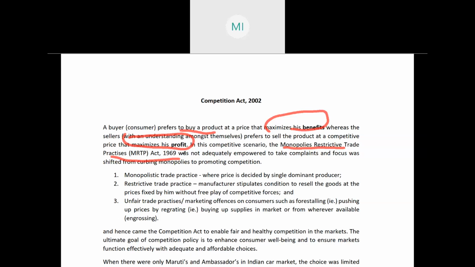The MRTP Act can be divided into three things. One is MTP, that is monopolistic trade practice. Then is RTP, restrictive trade practice. Then is UTP, that is unfair trade practice. These are the three anchors through which the MRTP Act dealt, and for this they had something called the MRTP Commission, which was a regulatory body to regulate these monopolies and restrictive trade practices